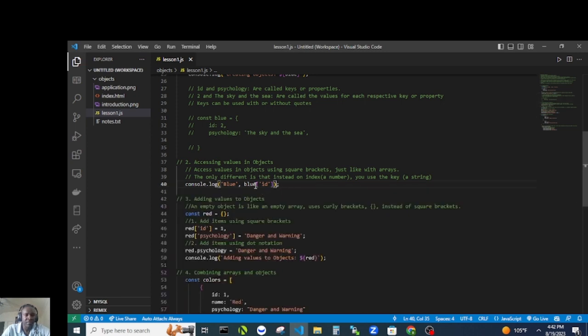Which is just giving us the IDs number 2. The next thing we're going to look at is adding values to objects. An empty object is like an empty array, but it uses curly brackets instead of square brackets. So in an object we use curly brackets, and in an array we use square brackets. So here we have const red equals empty curly brackets, and then adding items using the square